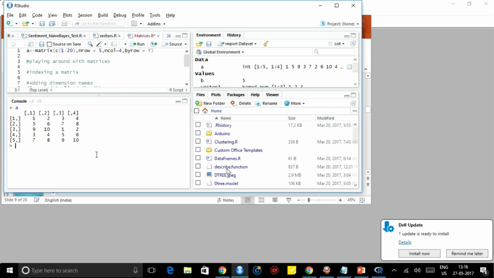So this was the matrix, right? This is how we add the dimension. So we had